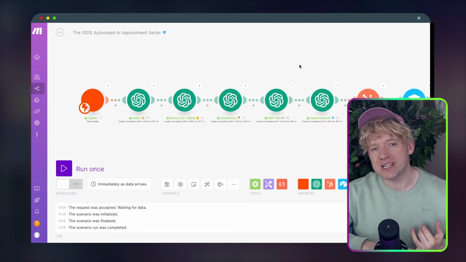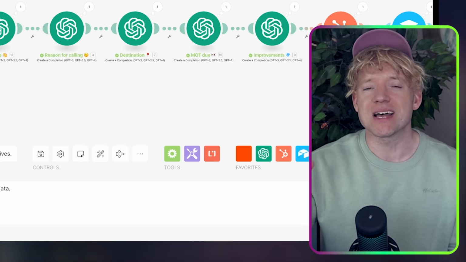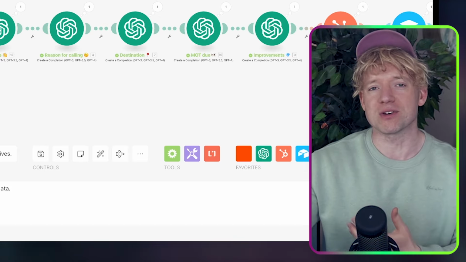Then I'm going to tell you what tools you need, how much it costs to run, and then show you exactly how you can build this thing yourself step by step so you can start building this digital employee literally